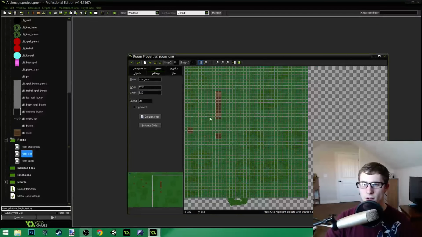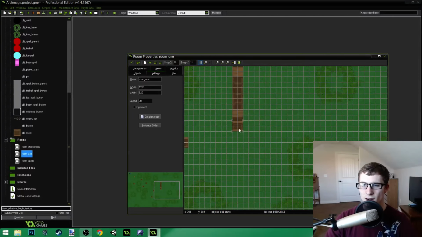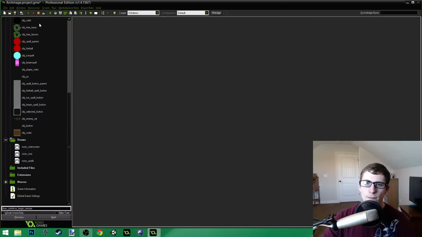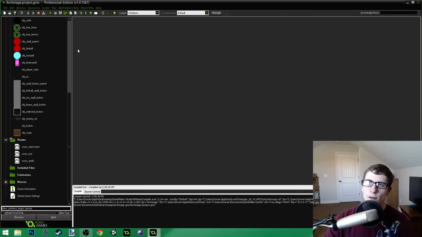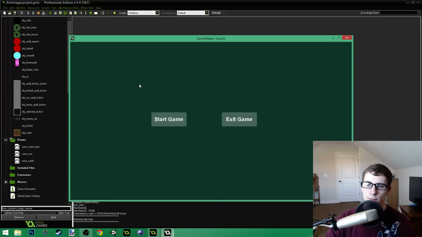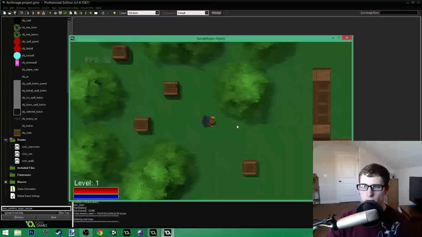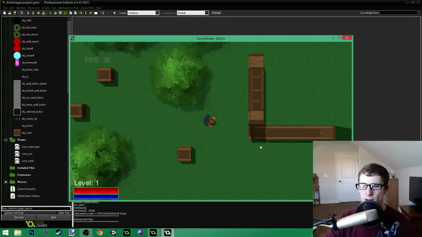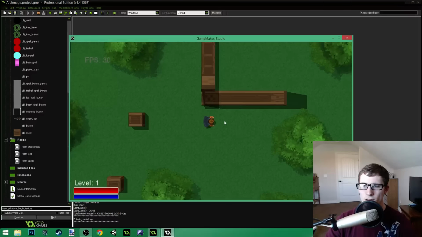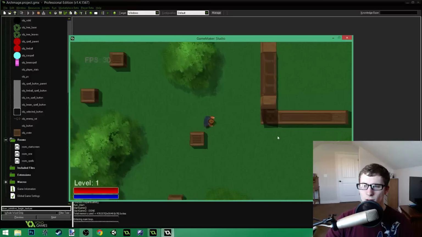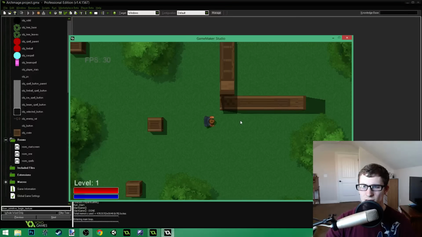Let's put another crate right here. I'm going to stretch this one out this way. Whoa, come on. There we go. Now, it's not going to layer them super well, partially because of depth issues, where it's drawing this crate on top of the other one. But also you'll see, even though there is a depth issue,